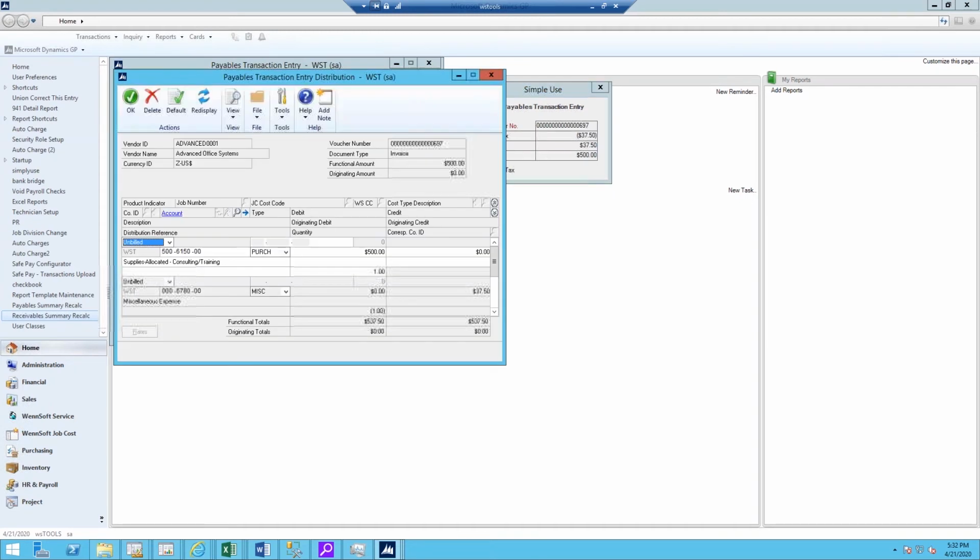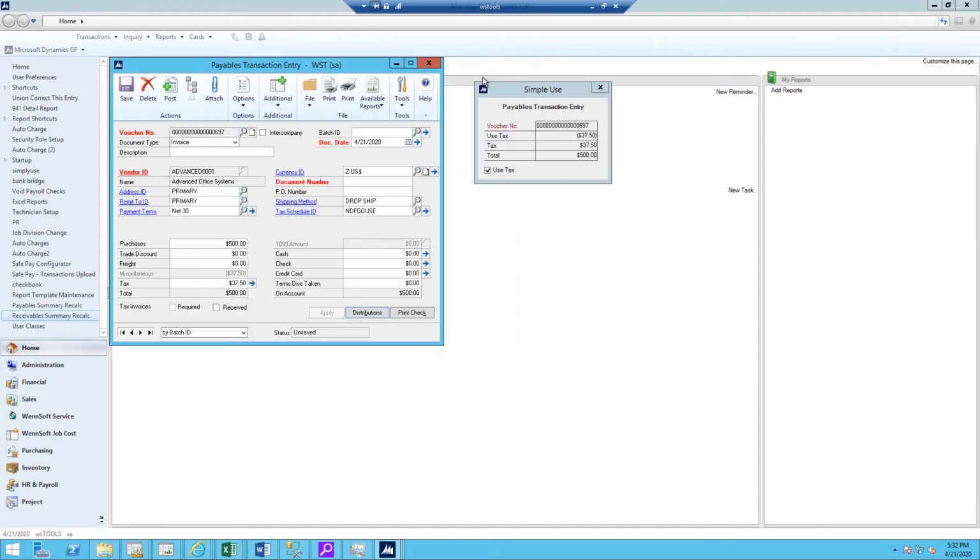But if you take a peek at the distributions, my distributions now are corrected for that use tax, being able to put the tax expense for the use tax against a job or service call if needed, or simply just book it as an entry into use tax, okay? And recording the payable as well. This is going to post over into your